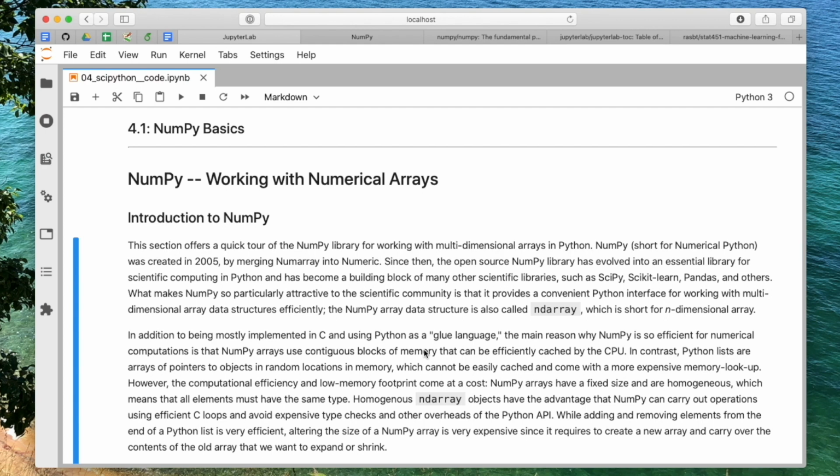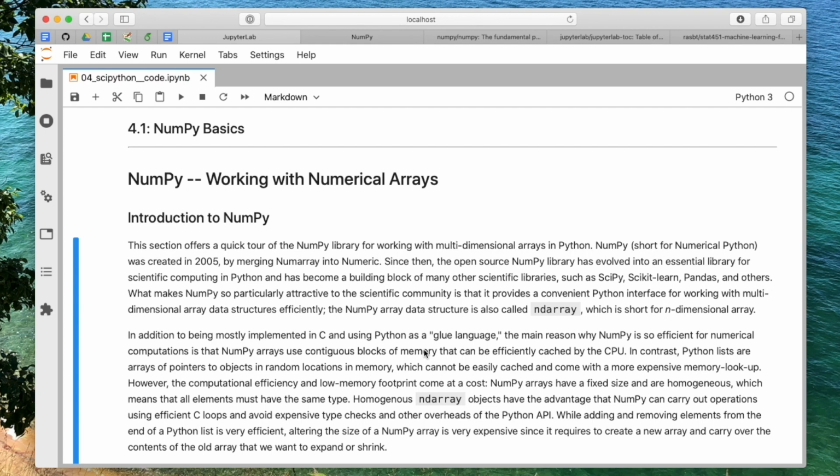The advantage of having a Python list is it allows us to mix different types. So we can have a string, an integer number, a float, and so forth, everything in the same list. However, accessing it is relatively slow. Of course, if you execute Python code, you as a human wouldn't notice, it looks super fast, but in scientific computing, if you do a lot of computations, this would be super slow and a major bottleneck. And NumPy has the downside that everything in an array has to have the same type, so you can only have integers or only floats or only strings. You can't mix them in the same array.